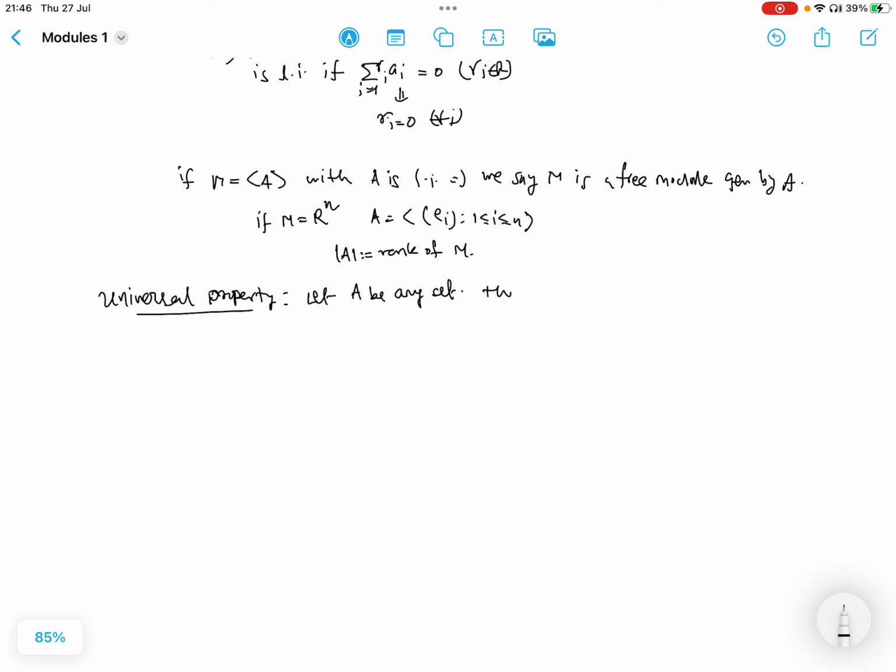Then, given any set map, because A has no structure, so we need to talk only about set maps. We cannot be talking about homomorphisms, etc. So given any set map phi from A to some module M, there exists a free module F_A